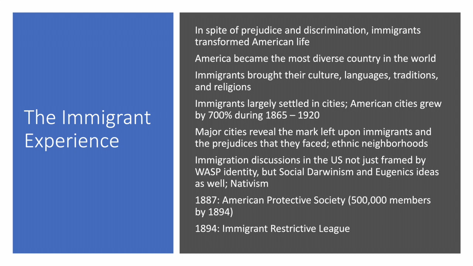But they were groups whose ideas were taken quite seriously, particularly among American elite families, as we'll talk about later. And nativism becomes an important thread and strain in American politics and life from the 1880s on, corresponding with the arrival of immigrants from areas like Eastern Europe, Southern Europe, and especially Asia. And so what happens is many groups begin to organize to argue against immigrants. They are anti-immigrant groups. We're going to talk about two as we conclude this lecture. The first was formed in 1887.